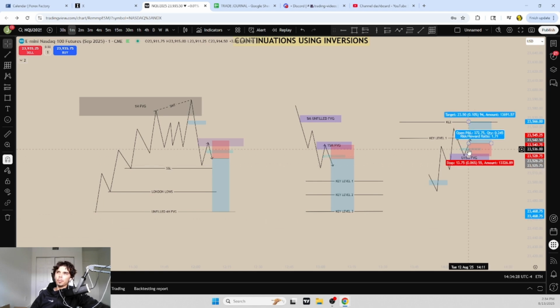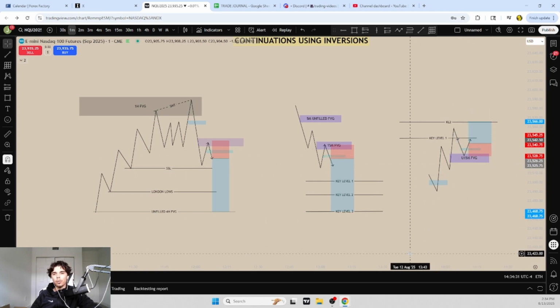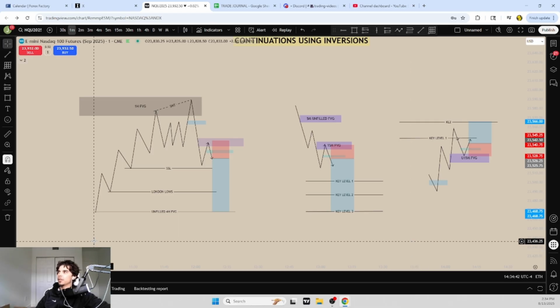Make it something like this, right? We just want to wait for a condition to open up and then reject it. That's all a continuation model is, okay? We need to see a rebalance of a price range essentially before entering, like I said, because if we leave